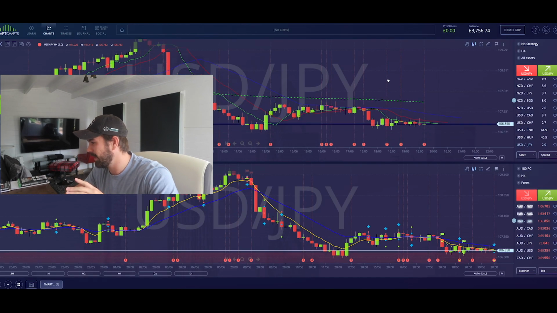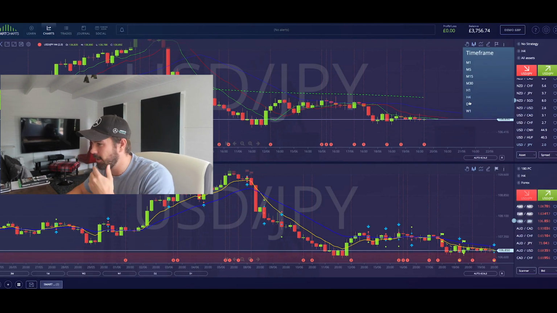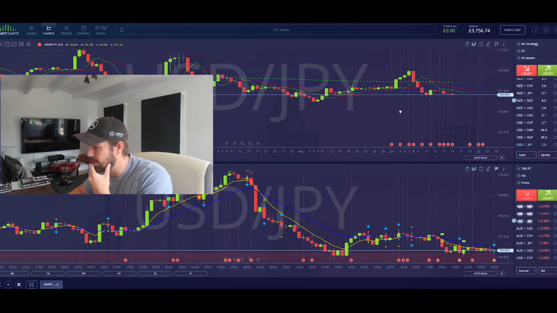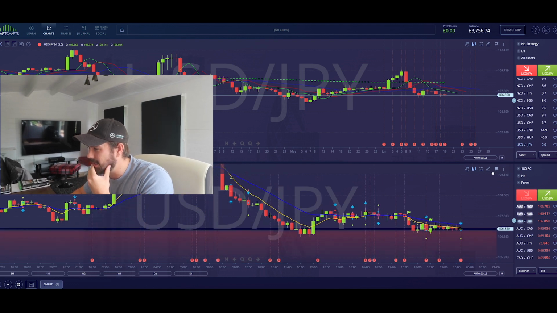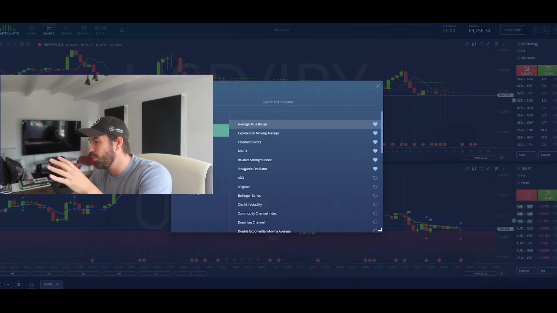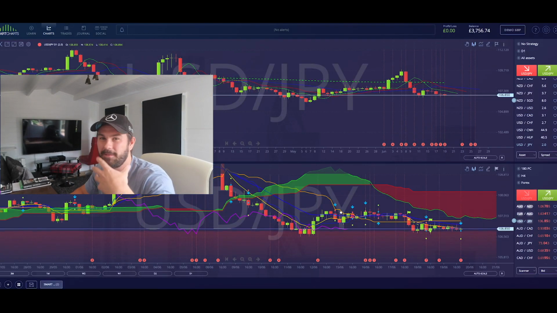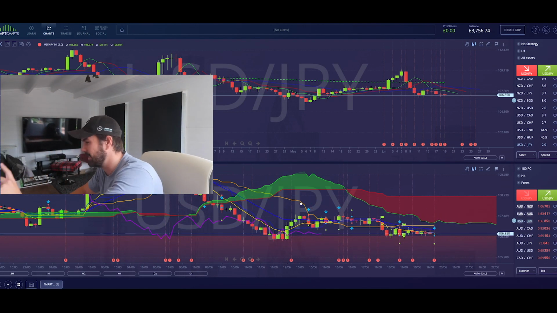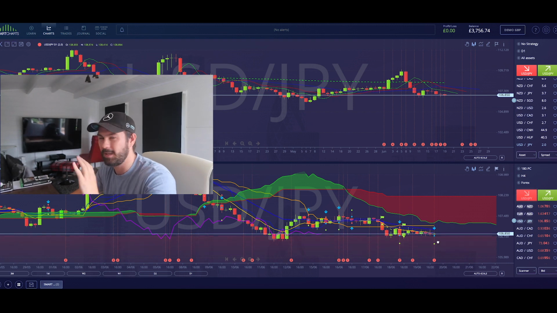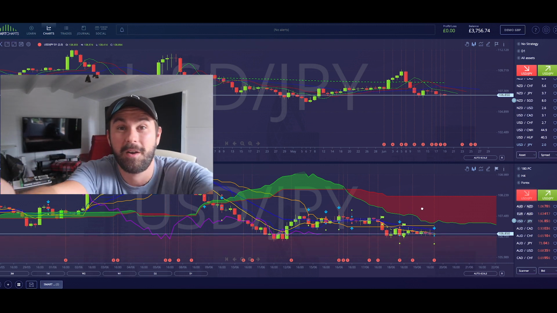Right, with confirmation on this, what I would like to do is then go onto my chart patterns, look for the Ichimoku cloud or whatever. We can see that the price is below the cloud, so that is a further confirmation that this is a downwards trend. So that's what you can do to back up where the price is in the market, and what direction it's heading in.